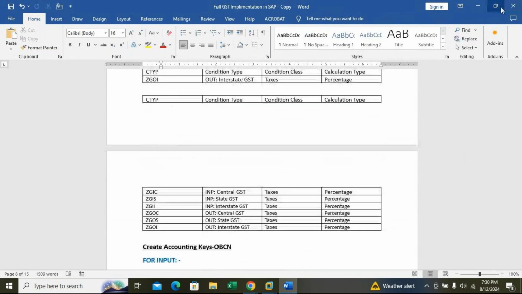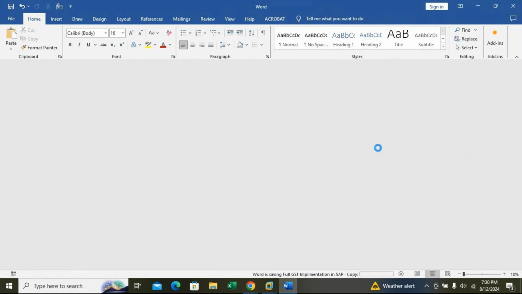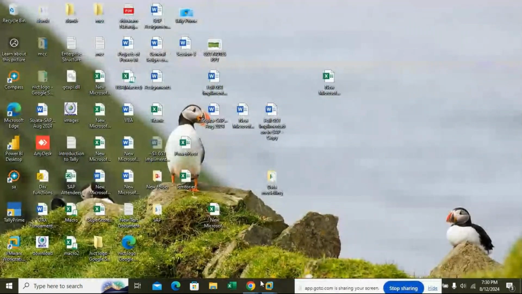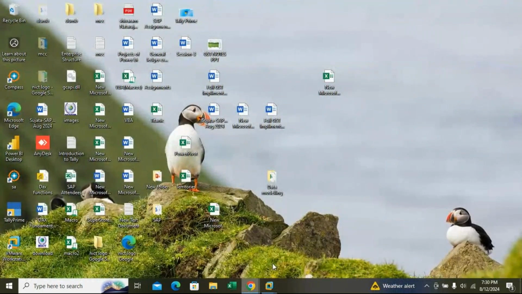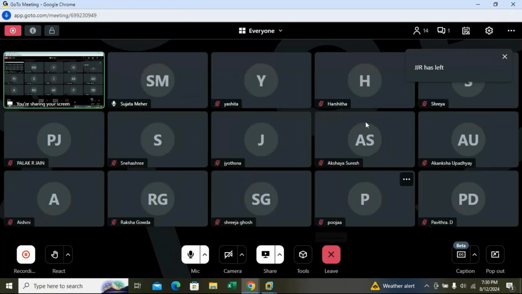Is that clear, students? So we'll wind up the session today. This particular note I'll edit, because I have used M range in the system and Z range in the notes, so you should not get confused. I'll make a few changes, and the company code also. I'll send it tomorrow morning, not by 10 o'clock; I think by 11 or 11:30. Is that okay? So that's all for the day. Bye bye.